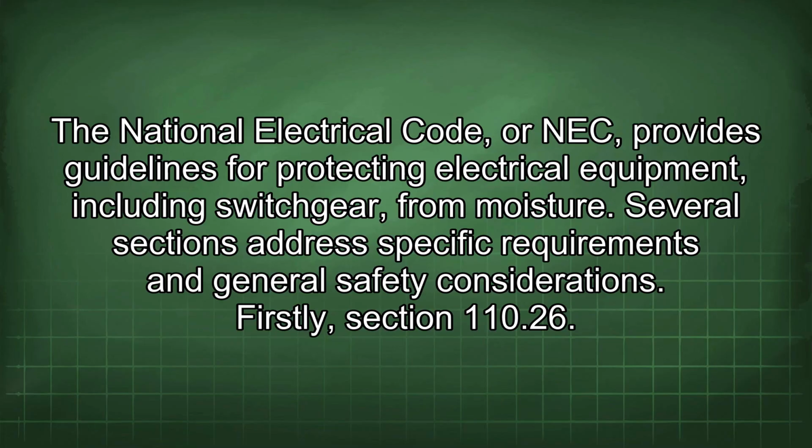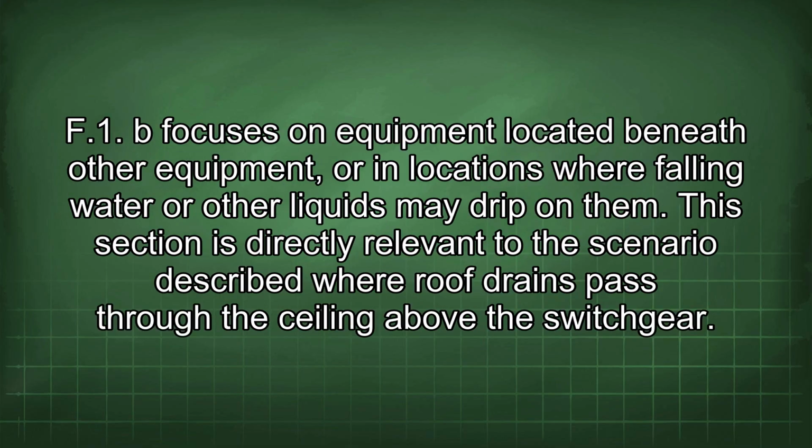The National Electrical Code, or NEC, provides guidelines for protecting electrical equipment, including switchgear, from moisture. Several sections address specific requirements and general safety considerations. Firstly, Section 110.26 F1 B focuses on equipment located beneath other equipment, or in locations where falling water or other liquids may drip on them. This section is directly relevant to the scenario described where roof drains pass through the ceiling above